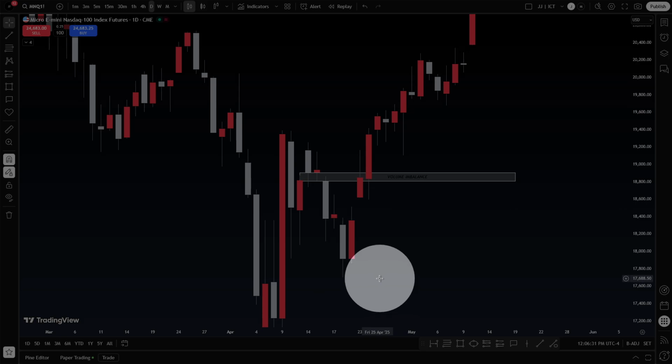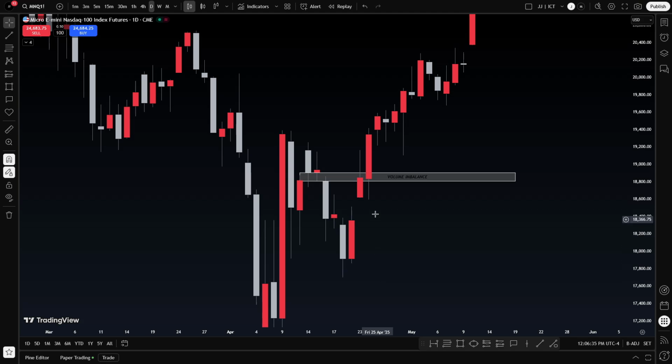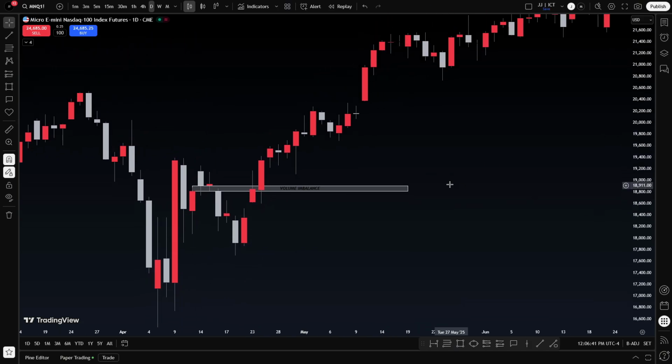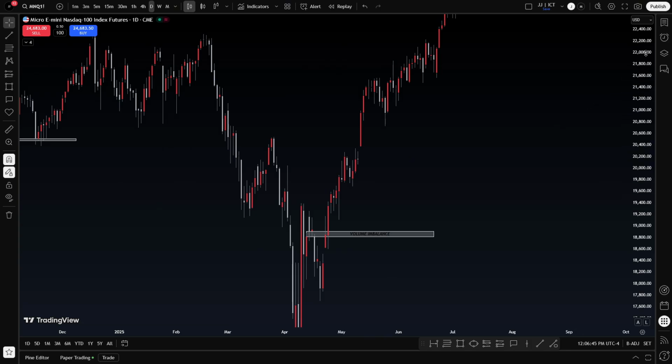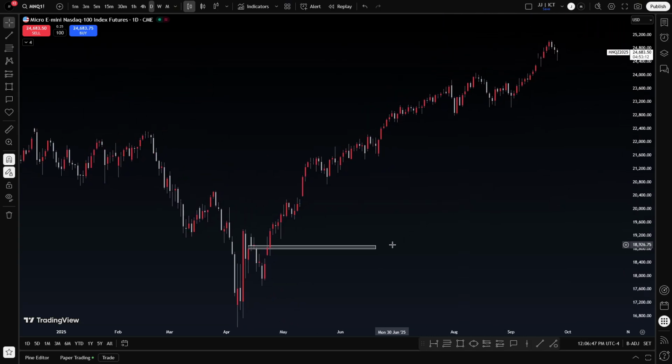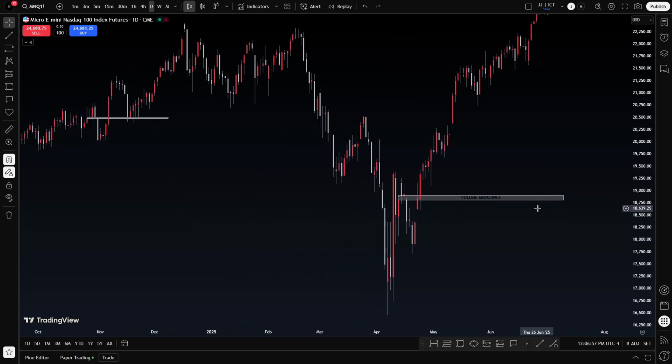So what other side of the volume imbalance do we still have to deliver? Sell side. We delivered buy side. Yeah, we did do that. But guess what? Has sell side been delivered? No. So, in a sense, this volume imbalance still exists. The algorithm can still refer to this. You're probably like, no way, it's not going to refer to it. Well, obviously, it's not going to do that. But, I mean, it could. It really could in the future. But you get what I'm saying. It still exists. This is still a valid PD array until it delivers both sides, in which it hasn't done